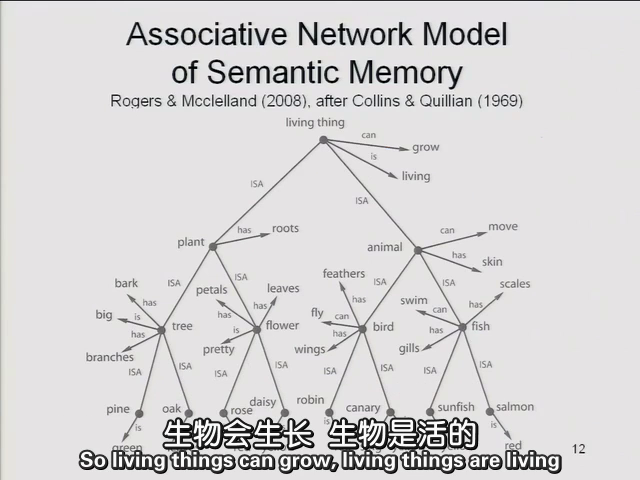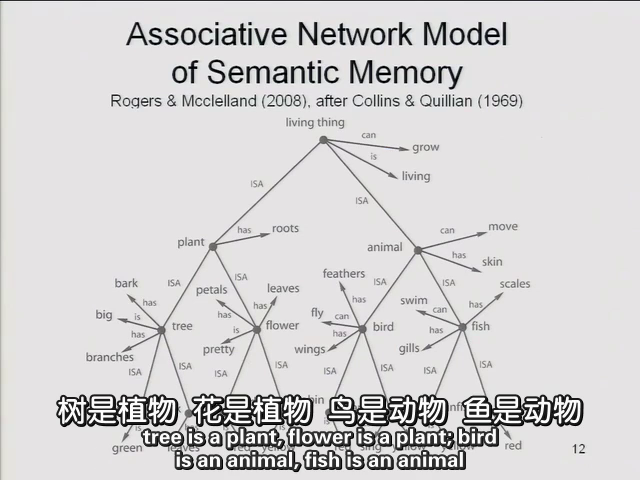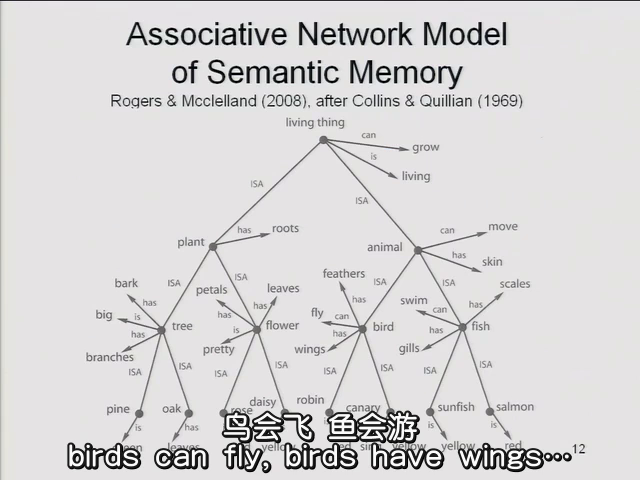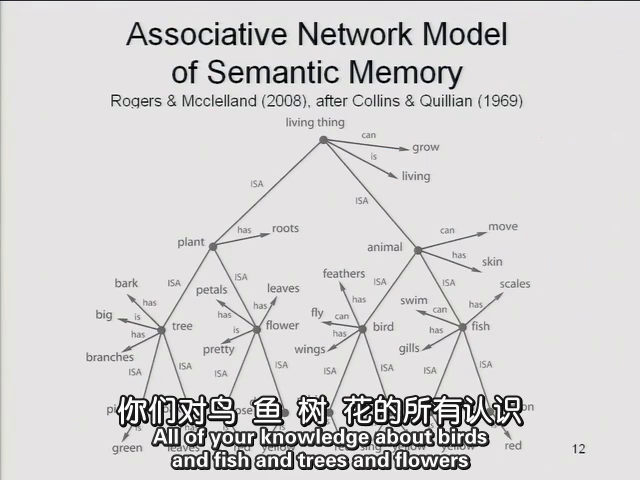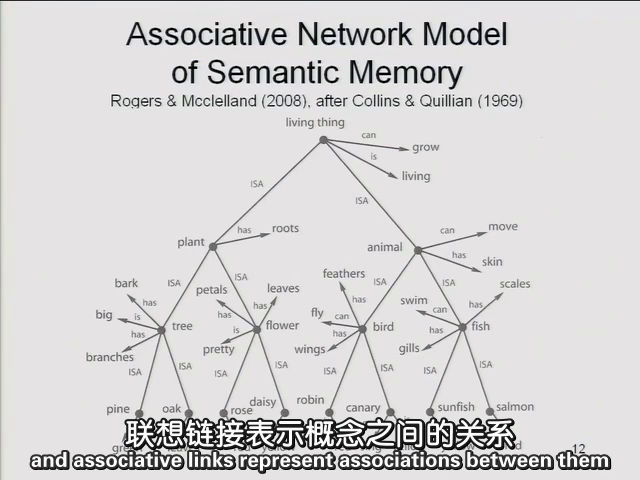So living things can grow, living things are living, plant is a living thing, animal is a living thing, tree is a plant, flower is a plant, bird is an animal, fish is an animal, sunfish is a fish, robin is a bird, birds can fly, birds have wings. All of your knowledge about birds and fish and trees and flowers can be recorded in a network like this,